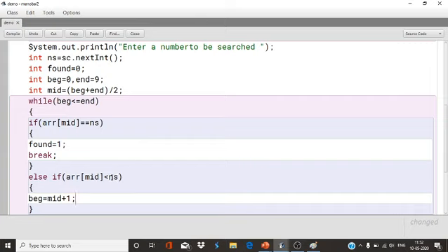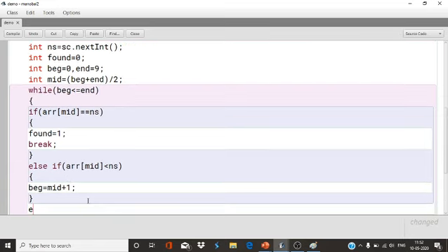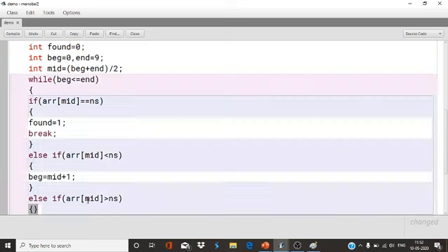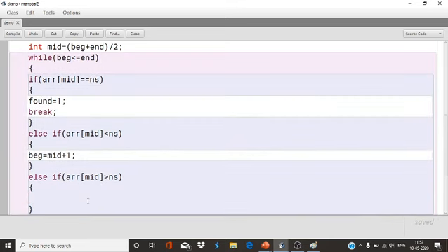Why? Because the number to be searched is greater, so it will be on the right side, so the beginning will come to the right side. Else if, what will be the next condition? ARR mid is greater than ns. If it is greater than ns, then end equals mid minus 1.